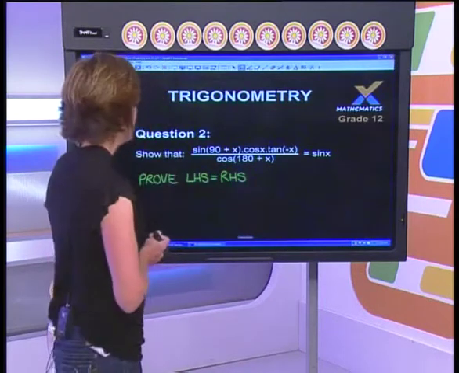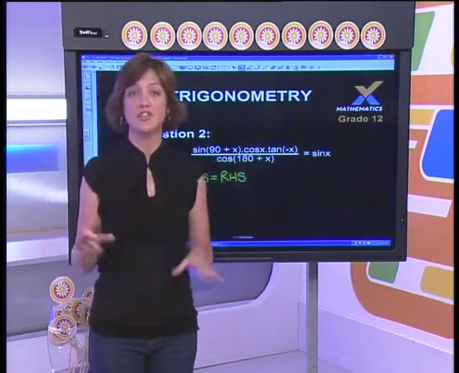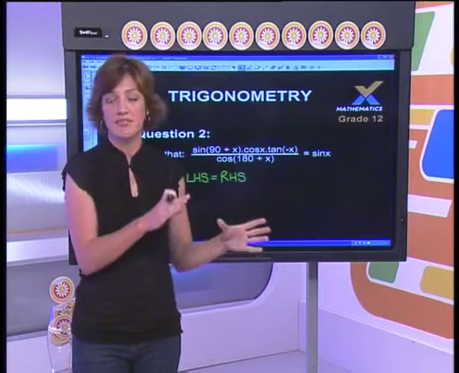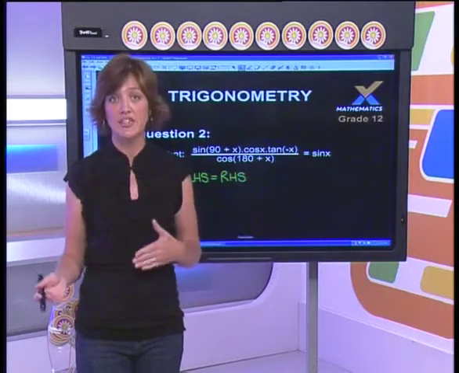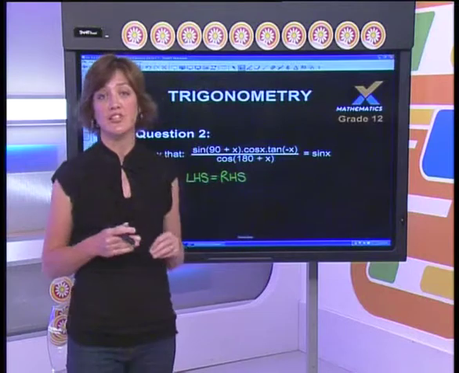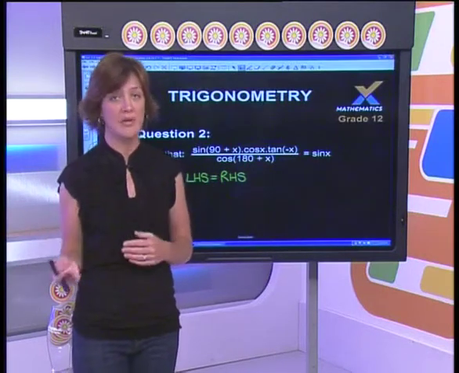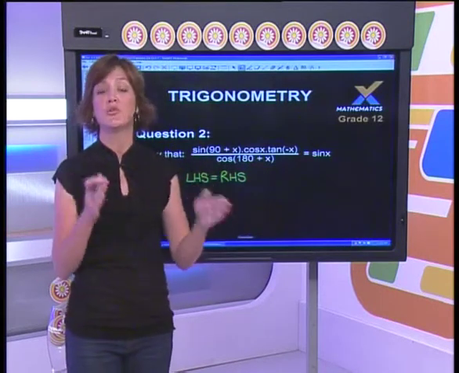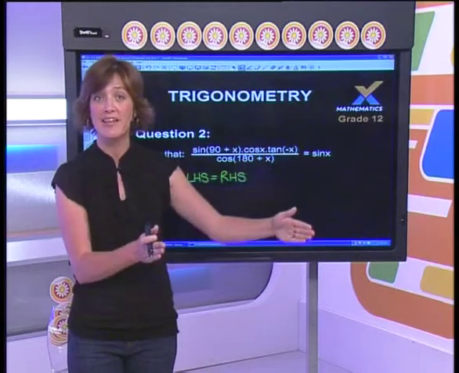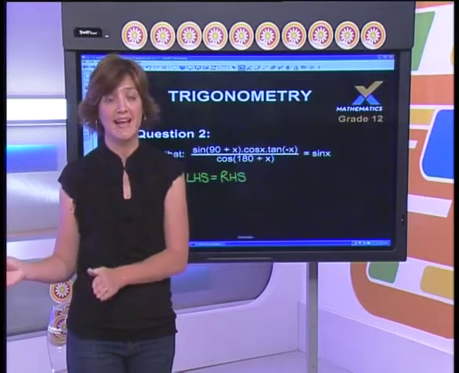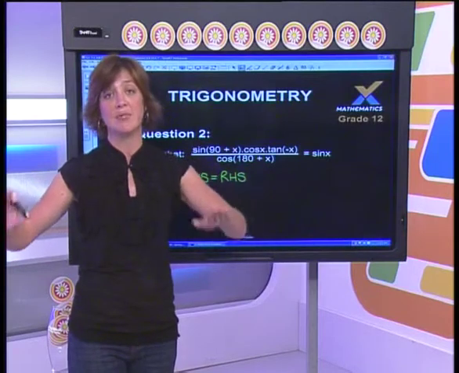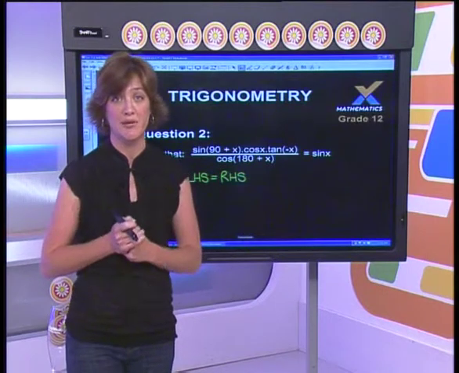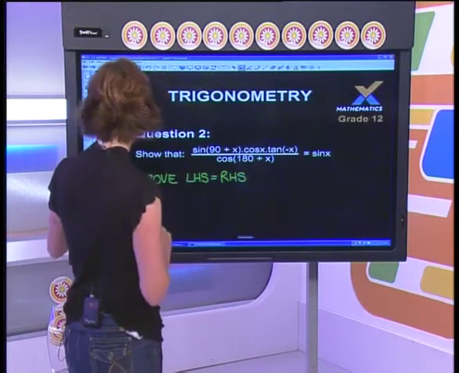The example that we're going to have a look at over here, just to point out to you, does not involve double and compound angles at this stage. So this would be more what you learned in grade 11 in terms of your reduction formula, and just how we use that reduction formula to prove a left-hand side equals a right-hand side. Please remember, if you are proving an identity, you are proving that the left-hand side of your equation is equal to the right-hand side. You are treating them as 2 separate entities. You do not cross anything over the equal sign. That is really important to remember. Okay, so let's have a look and see what we've got.